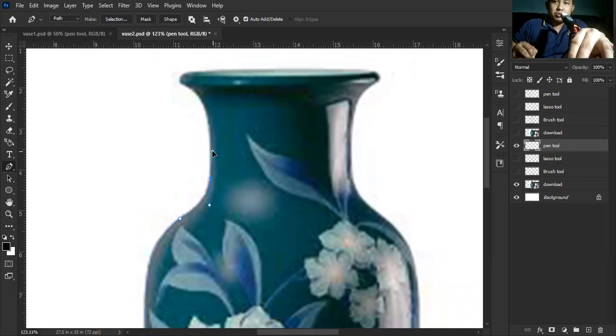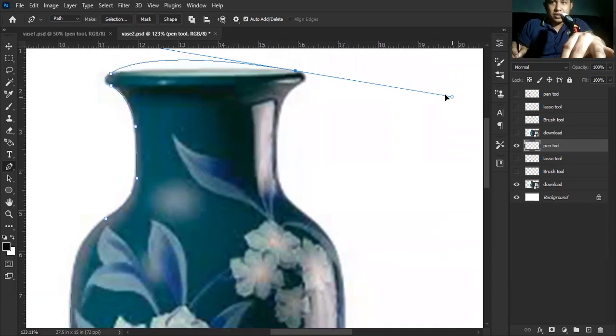it's mostly because when you use the pen tool, the lines are more refined, more exact as compared to when you use the brush or the lasso tool. Later, when we have a comparison, I will show you how the three differ from each other. It could differ from person to person, but it will give you a good idea on which of the three you're more comfortable using.